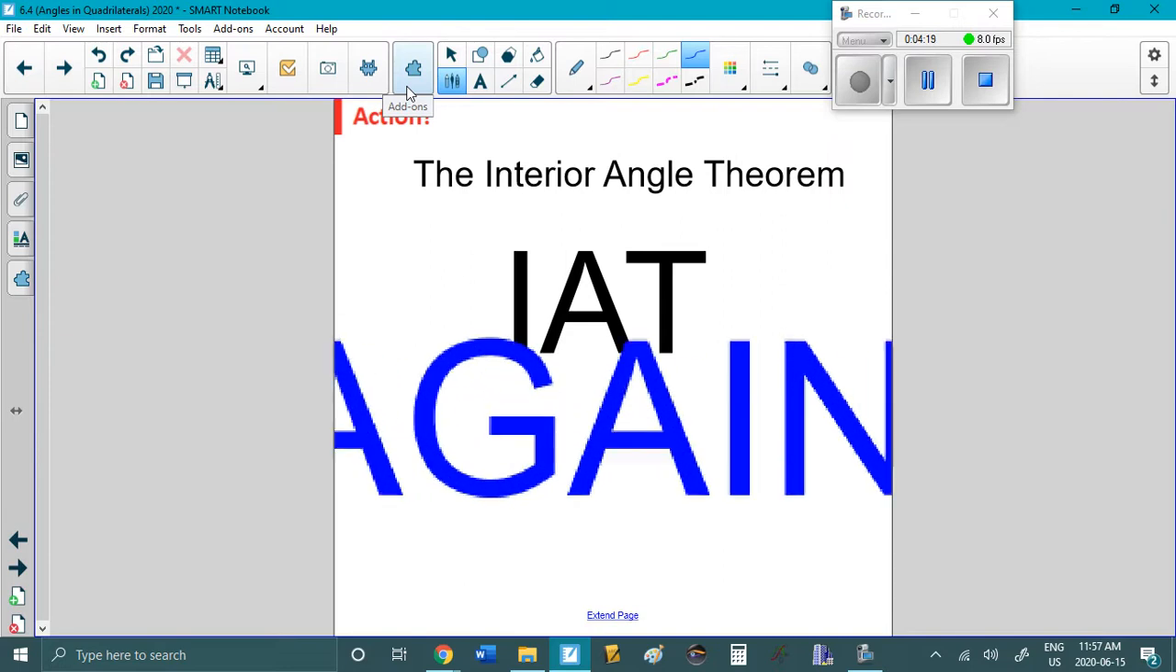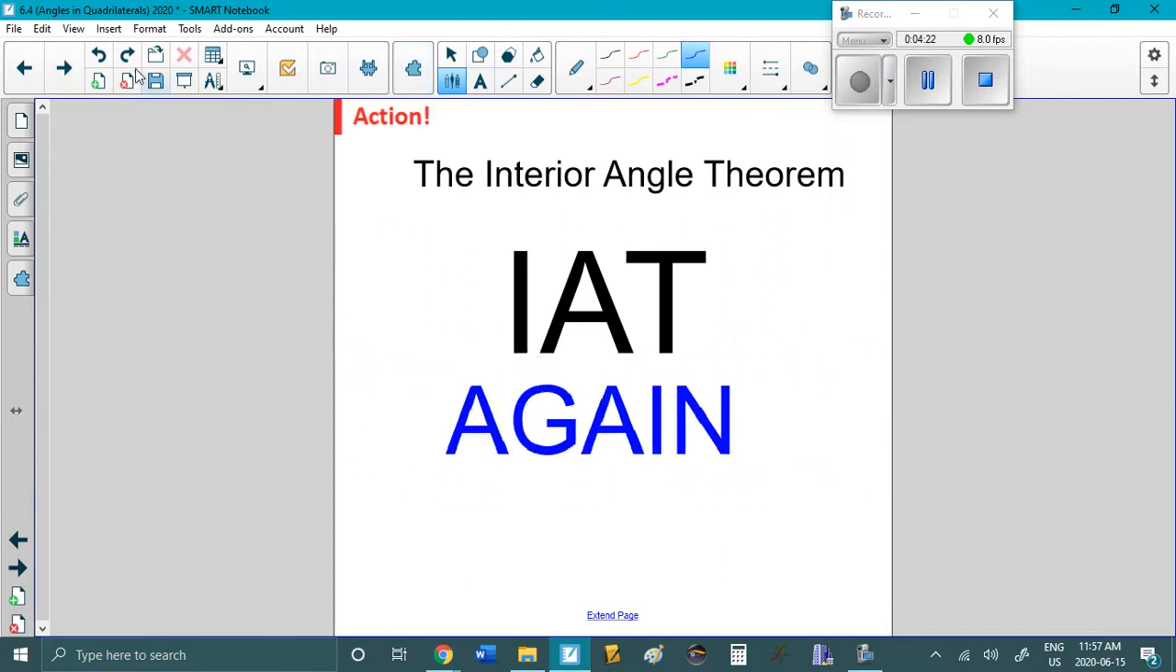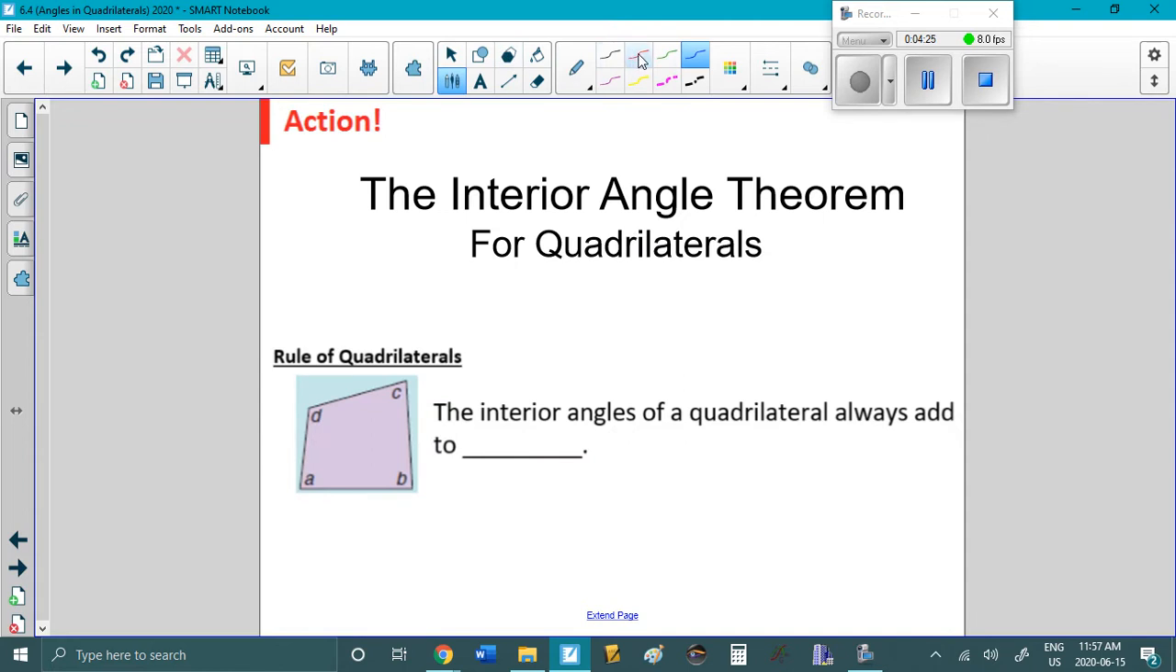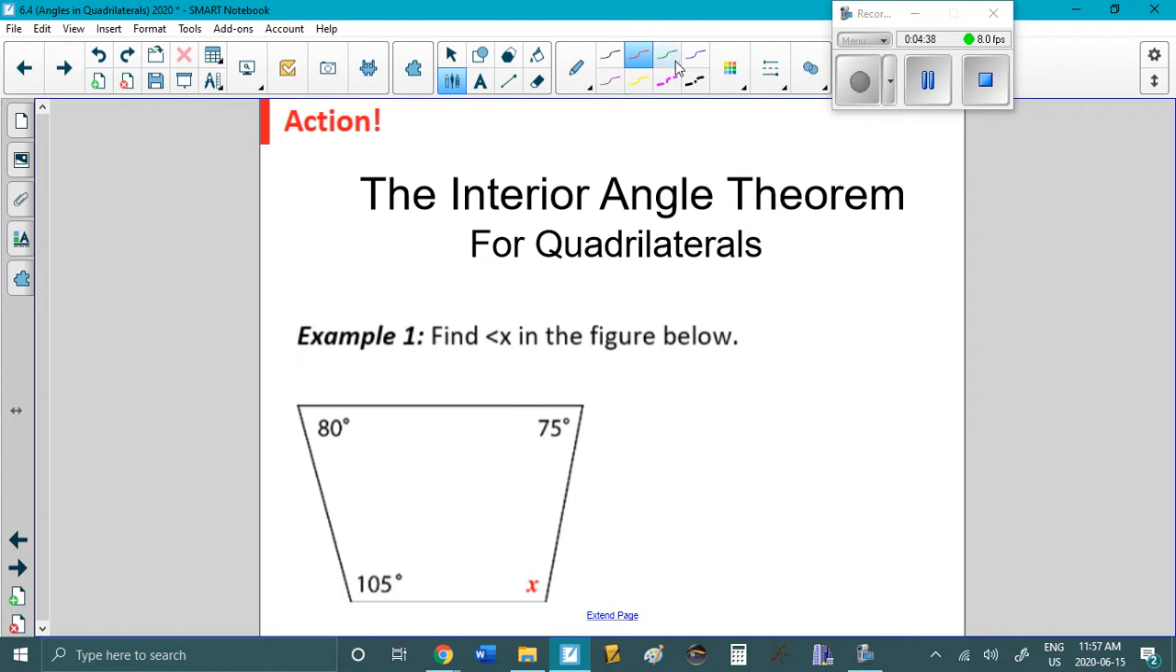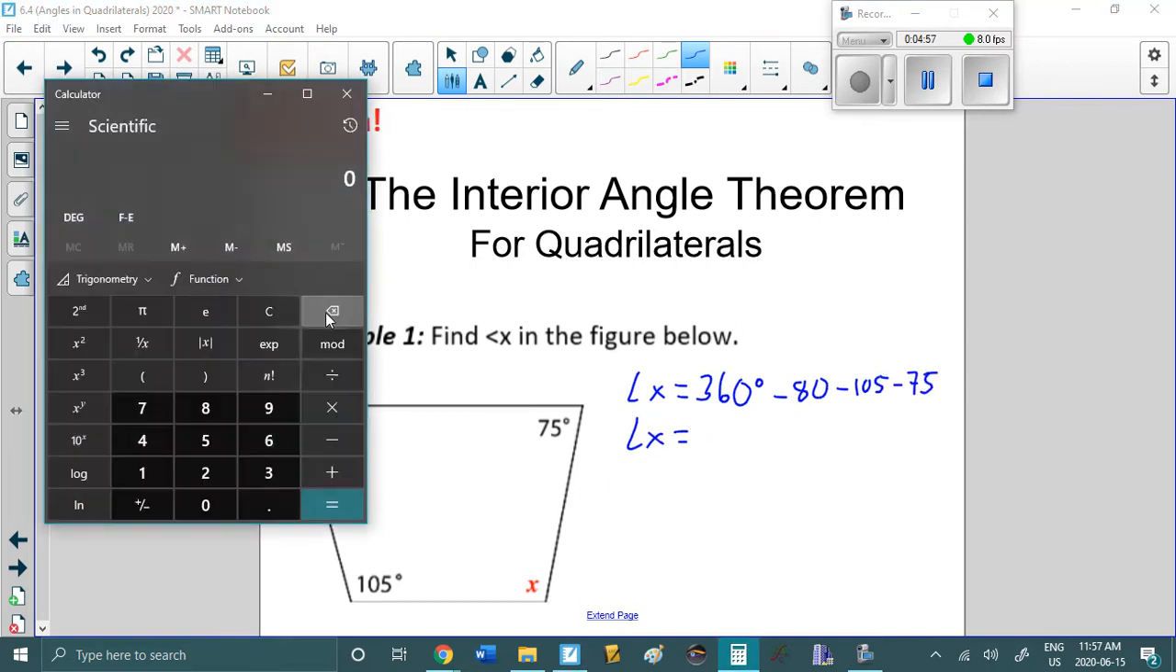So today is another day of IAT, the interior angle theorem. The interior angle theorem for triangles is 180 degrees. The interior angle theorem for quadrilaterals is that all the angles in a quadrilateral always add up to 360 degrees. So twice as much angle as a triangle. Here we go. Find angle x and justify. If we know three angles, we know they all add up to 360, so we just subtract the other angles quite simply, and angle x is going to be 360 minus 80 minus 105 minus 75, which is 100 degrees